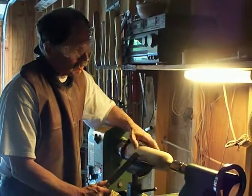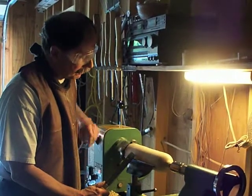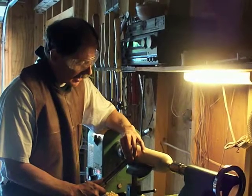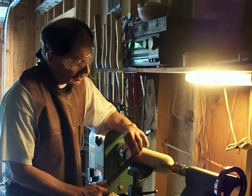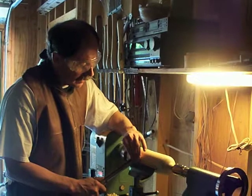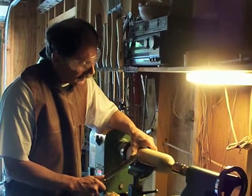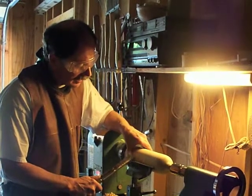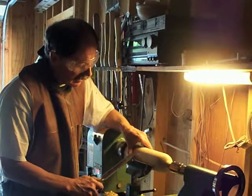I usually start at the bottom and then work my way up. I kind of guess at where I want the bottom of the vessel to be. Turn the lathe on, get my stance nice and wide, keep my elbows down towards my body, and I touch the tool against the wood, and then I bring it up, and you'll hear it start to cut. And I keep my thumb on the tool and my finger on the other side so I can feel the cut as it's being made. Instead of looking at the cut, I actually can feel it as it's being made. I'll turn the